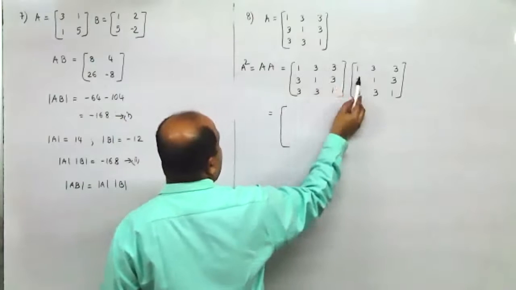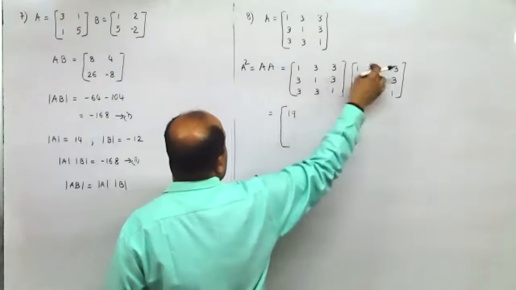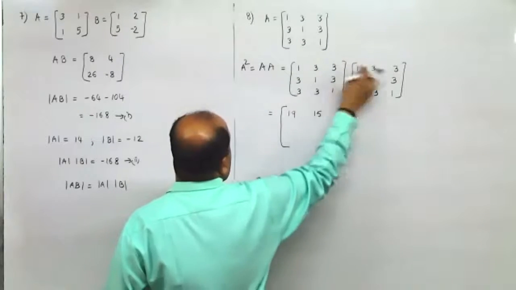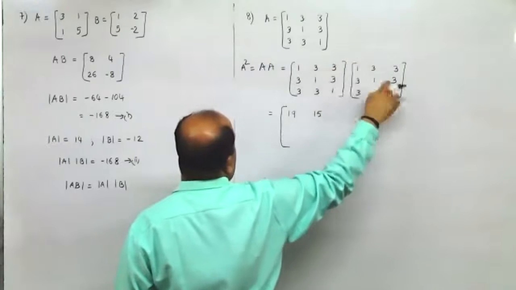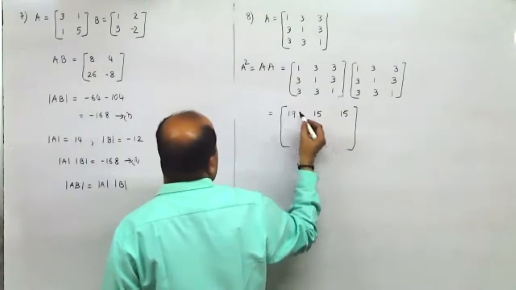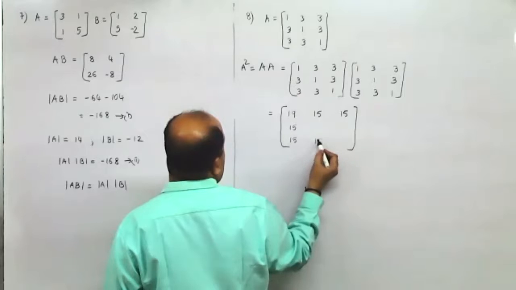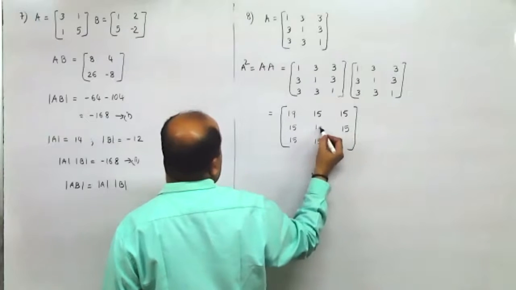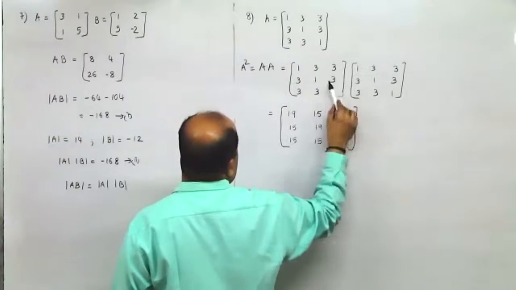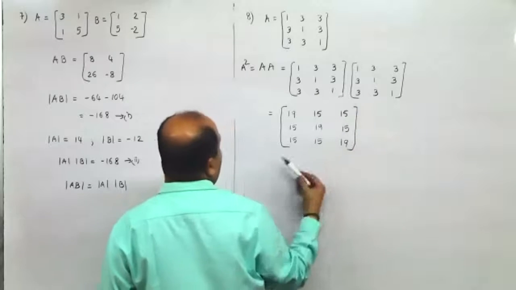1 into 1 plus 9, 10, 10 plus 9 is 19. 1 into 3 is 3. 3 plus 3 is 6. 6 plus 9 is 15. 3. 3 plus 9 is 12. 12 plus 3 is 15. Now, if you observe, this would generally be all 15 here, here, here, and here. And these two would be 19. Just check 3 3s are 9 plus 1 10, 10 plus 9 19, 3 3s are 9 plus 3 12 plus 3 15, and so on.